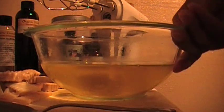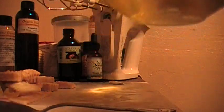So I'm going to take my mix here and sit it inside the bowl. You're unfortunately not going to be able to see it melting. But I have decided that I am going to go ahead and whip it just so it blends all the way. Now, while you can't see, this mixture